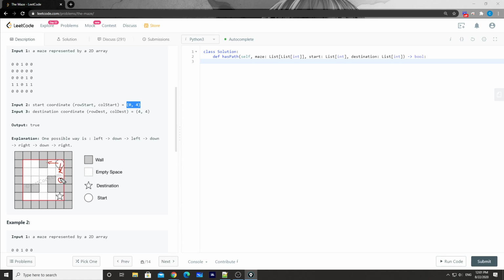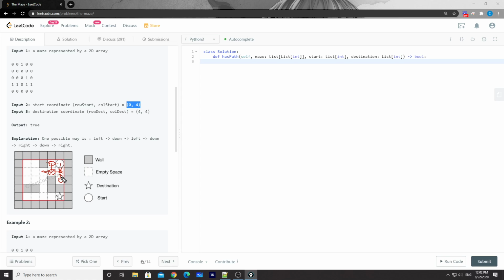Okay, and the ball can also stop from here. So the ball can only change direction when it stops, which means from here, it can change direction by going back here, right? It can only go back, and from here it can go down. Now the ball is here. So from here, how many options does the ball have? It has two options, either go left or go right.